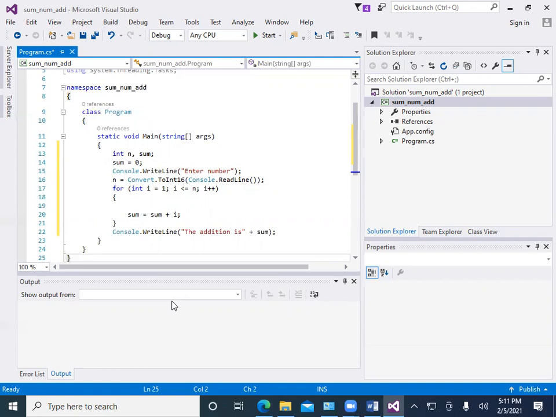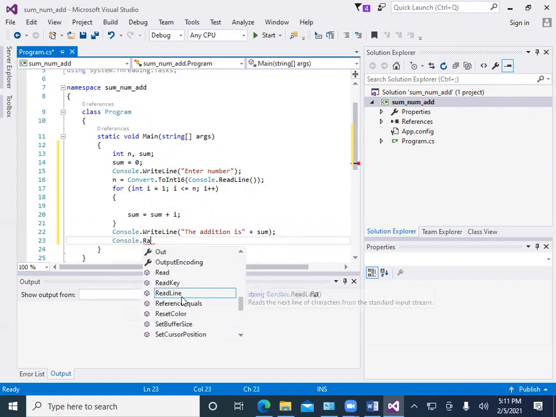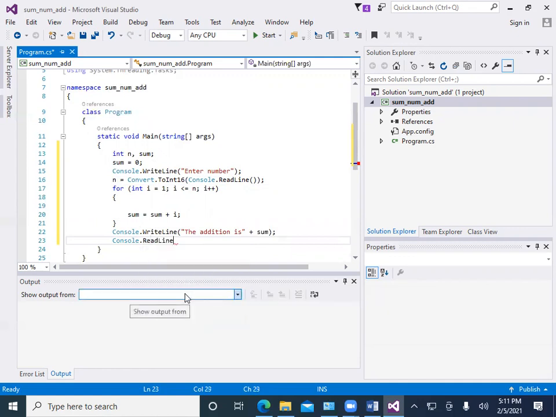Okay, let's check the output. Before that we have to write Console.ReadLine. And we run the program.